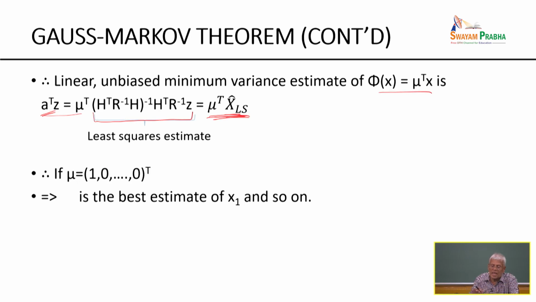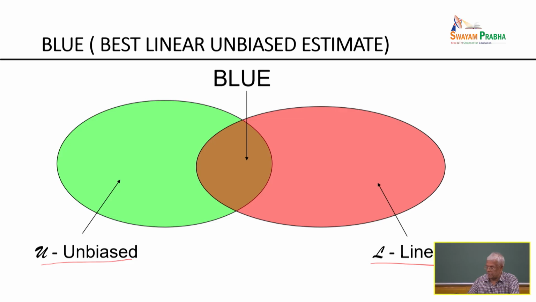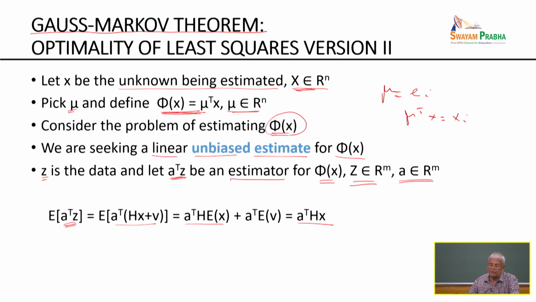We have shown here, look at this now. What are the assumptions made in here? The assumptions made in here are that x is unknown, z is given. I'm going to consider a linear combination. So if I only know that V is such that E of V is 0 and the covariance of V